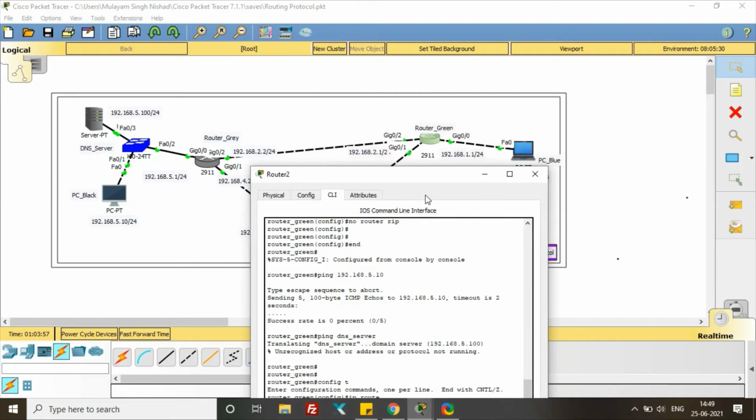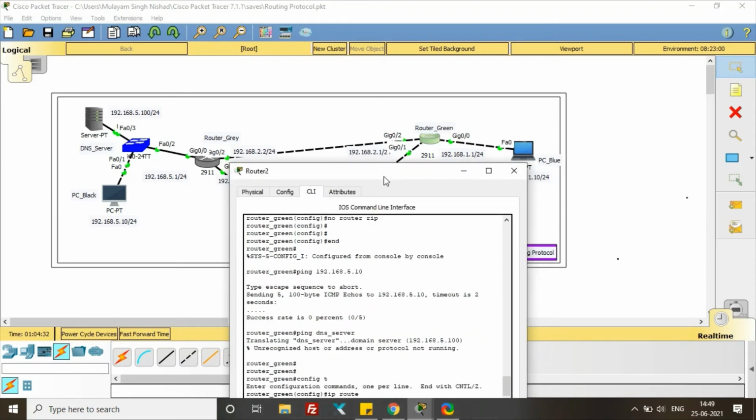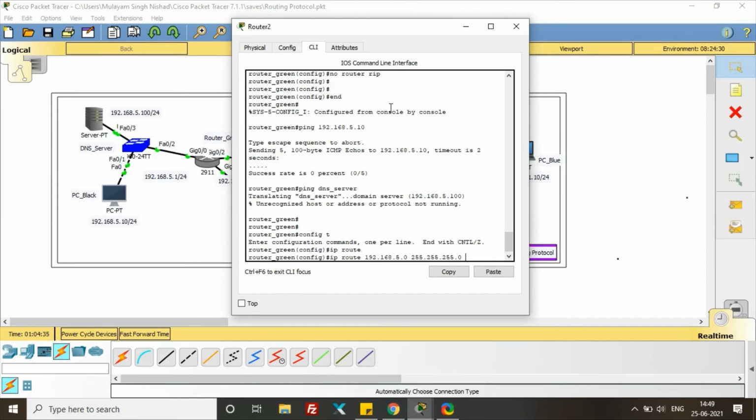The forwarding port for this is either gig 0/2 or gig 0/1. But if you give 0/1, you still cannot ping, because that is the fourth hop. We need only one hop from here, so we have to give this router's port, gig 0/2. That's it.